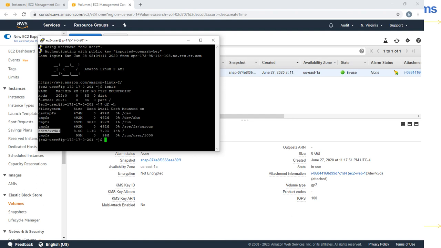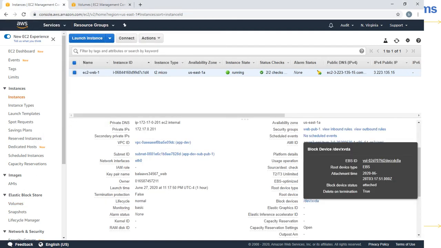the file system, the block device, and the size of the block device, how much is used, like 1.1 GB is used, 7 gigabytes of space is available, and it's currently at 14%. Let us assume this is approaching 90% or 95%. At that time you may need to add an additional EBS volume. So that is where we are seeing how to attach an additional EBS volume.